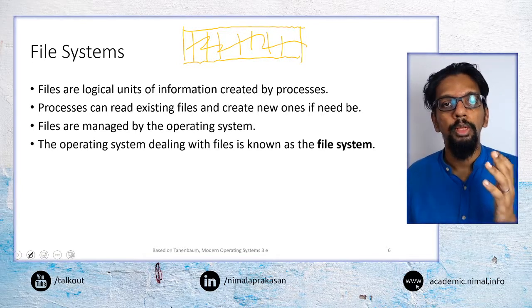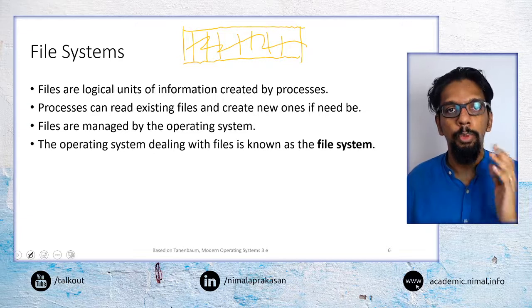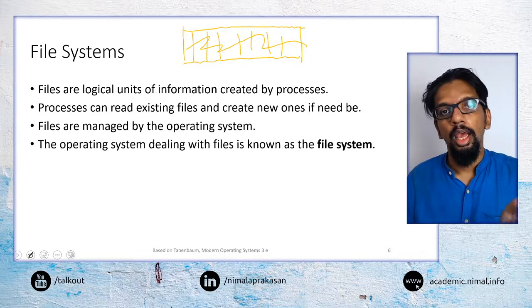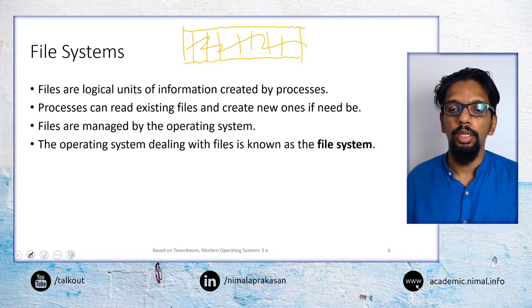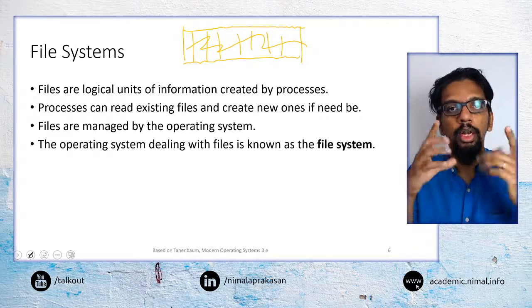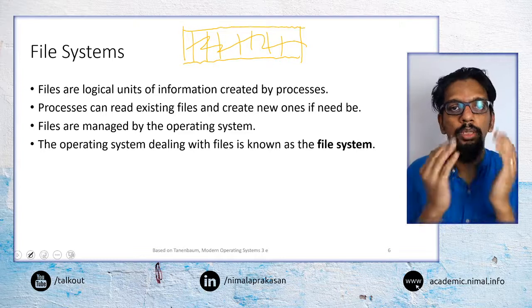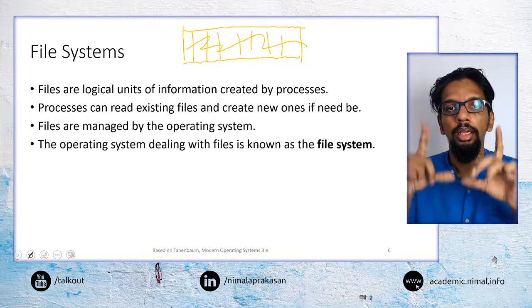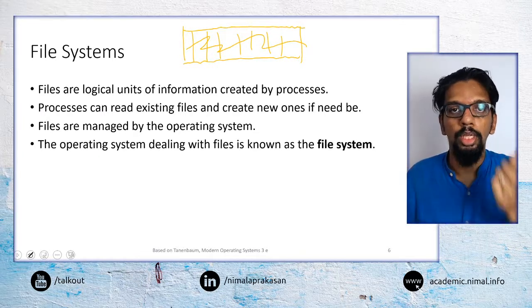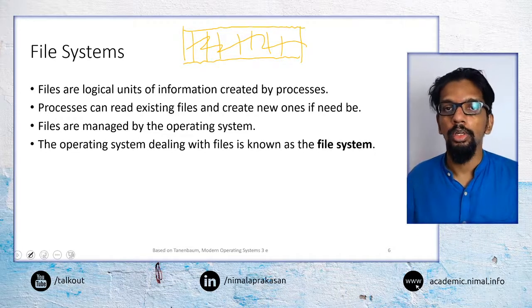And from the perspective of processes, processes can read these files and they can also create these files. So they will deal with information, or they will deal with data, in the unit of files. They are going to read files and they are going to write files.